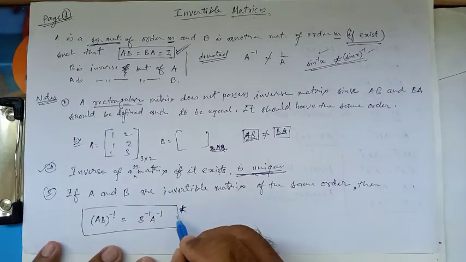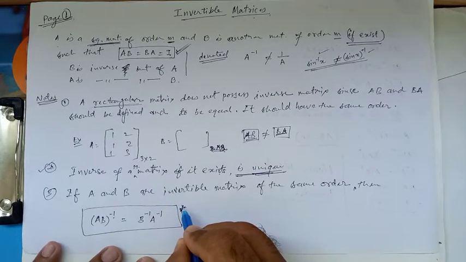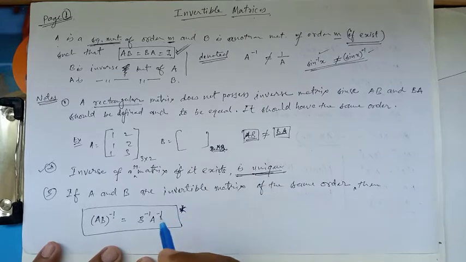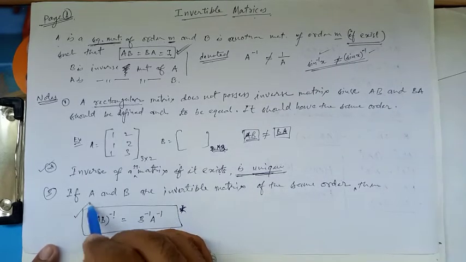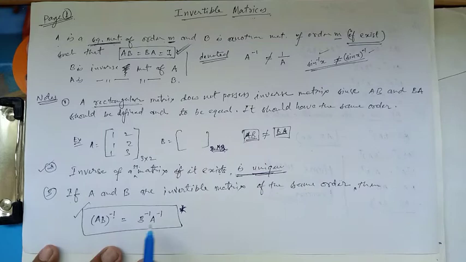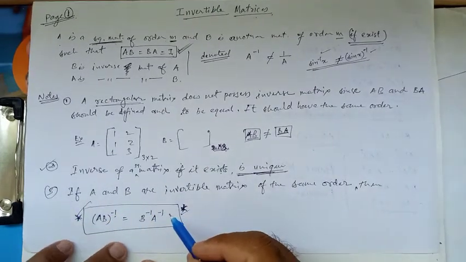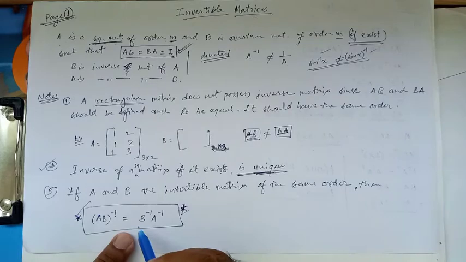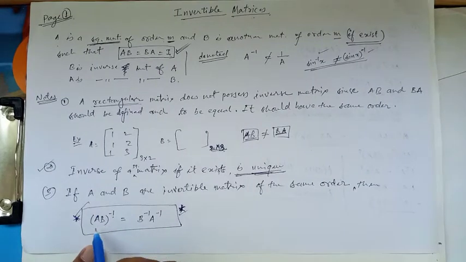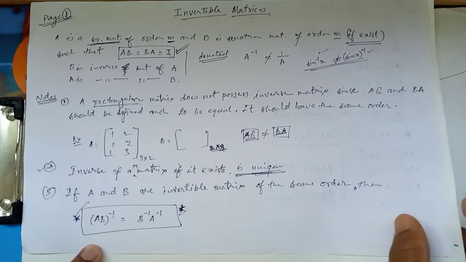We need to understand this. The CBSE board question paper setters set questions from this topic also. You need to prove this one, and such questions are asked in board exams also. So remember this, it is a very important thing, you should understand this. And this is just like the transpose we found earlier, that transpose of AB whole will give you B transpose into A transpose. It is just like that, so no need to worry about that.